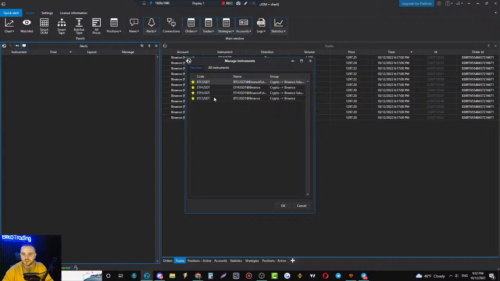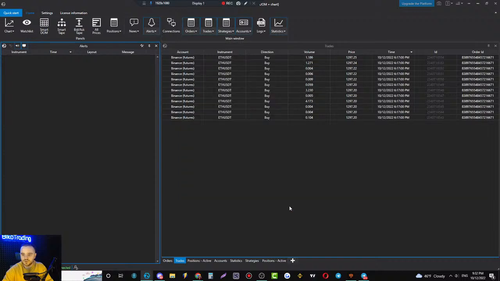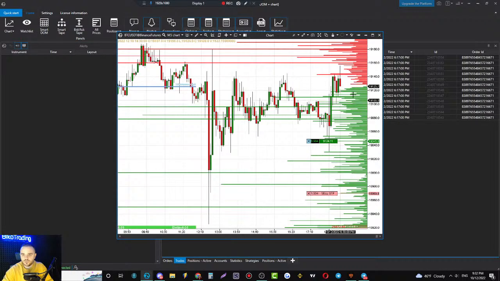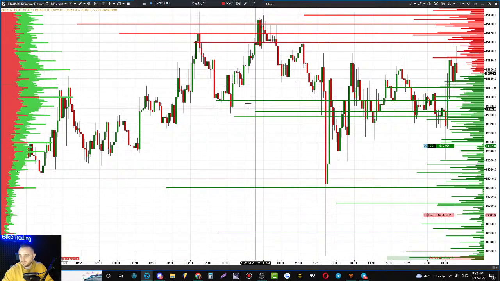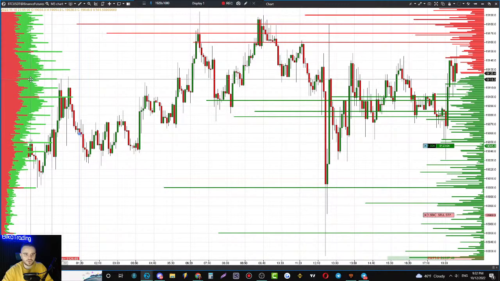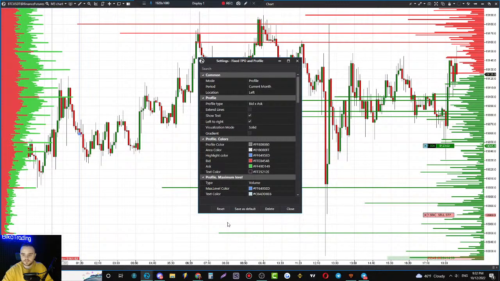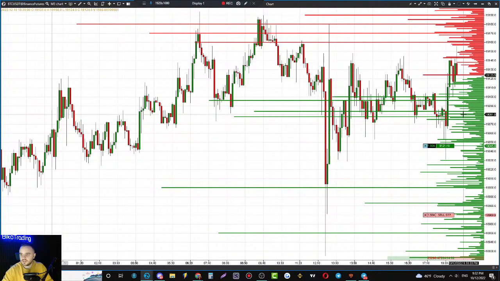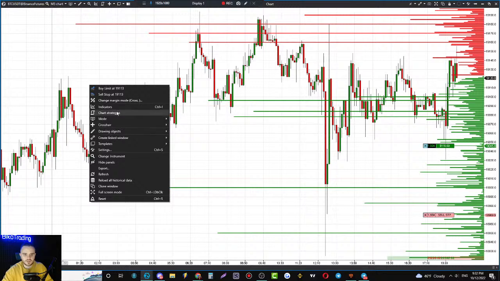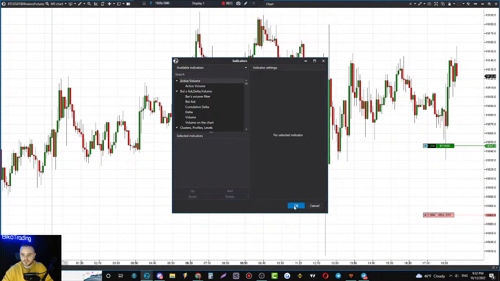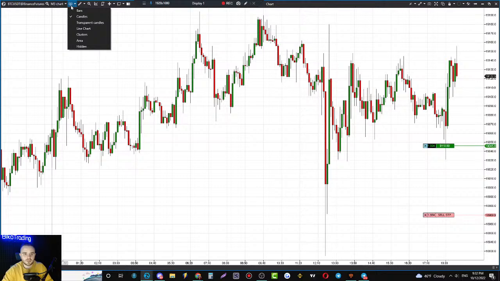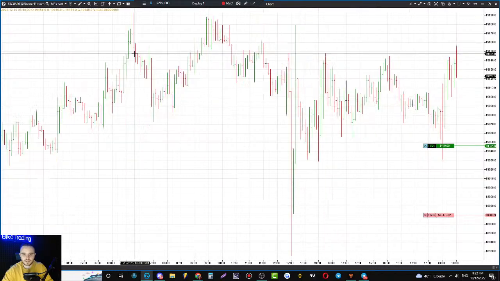For example, BTC. Let's open BTC futures. You open a chart and you can see your chart like this one. Really awful, not beautiful. First, what you do, you delete this stuff. Second, you open indicators and you delete this one, depth of market. After that, you choose bars, not candles.